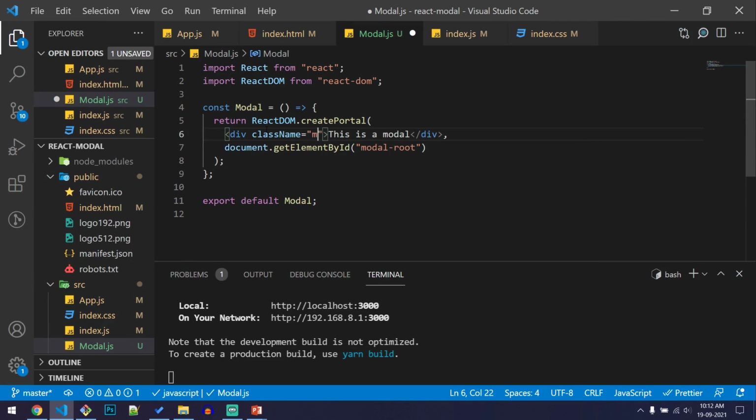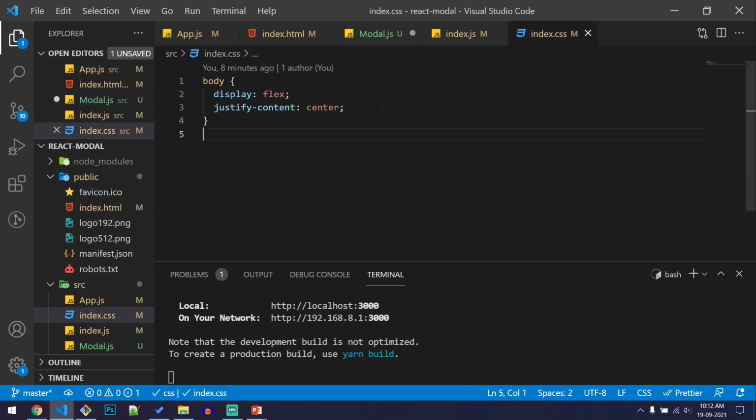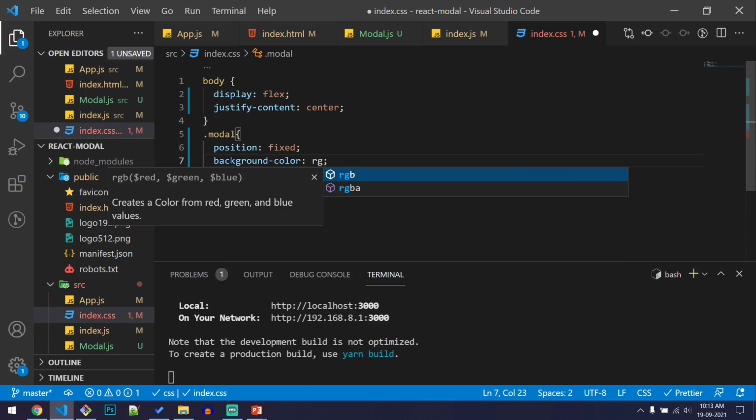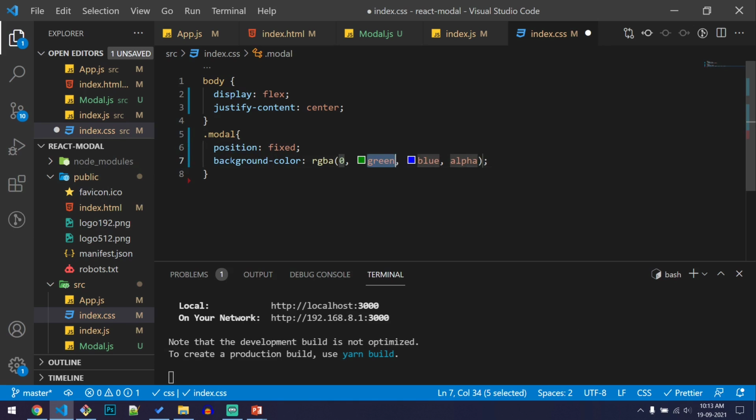Let us say modal, and we'll go to index.css and add the styling. Let us say position as fixed. Let's add a background color of rgba 0, 0, 0 and a transparency of 0.5.